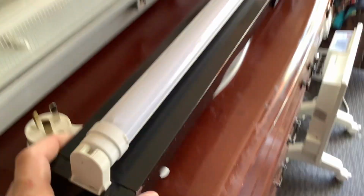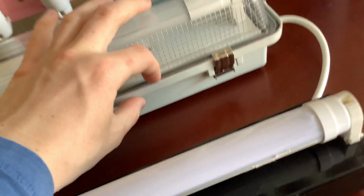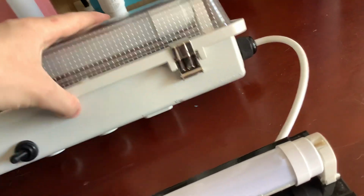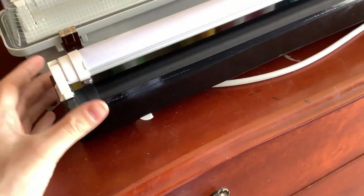Another thing I should point out is they both have concealed starters. The two screws there is where the starter receptacle is mounted. On this one, the starter receptacle sits on the back of the plate, and it sits up inside the chassis, right about there. So to replace the starter for the LED tube or fluorescent tube, you actually have to open the batten up. You undo these two screws, and the plate will lift up, and then you can change the